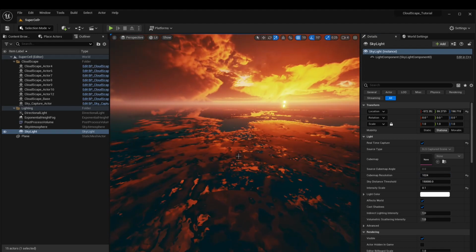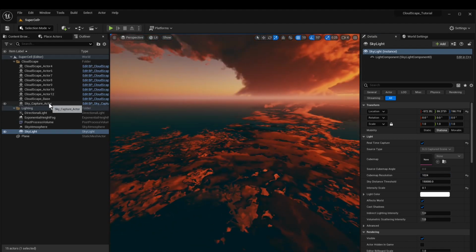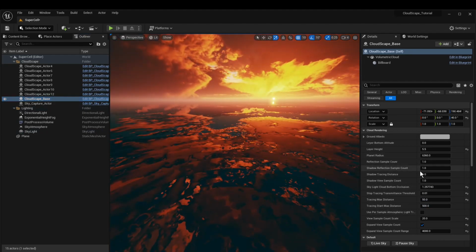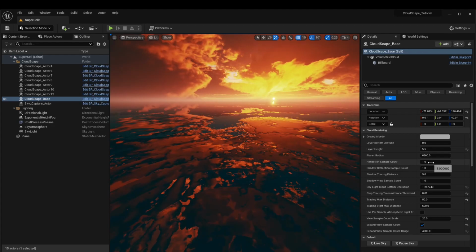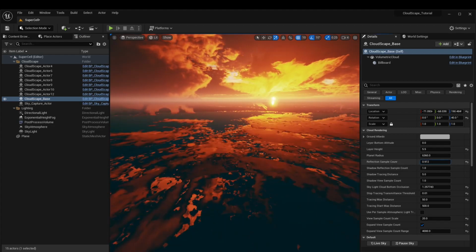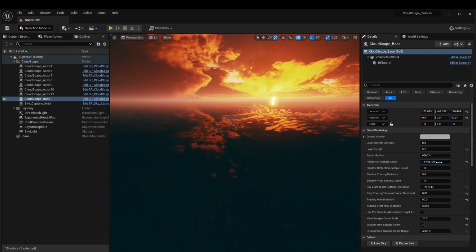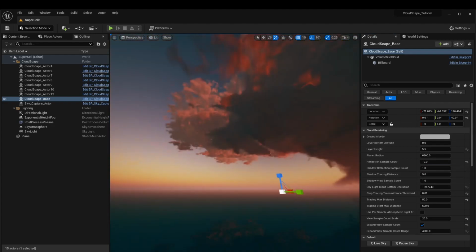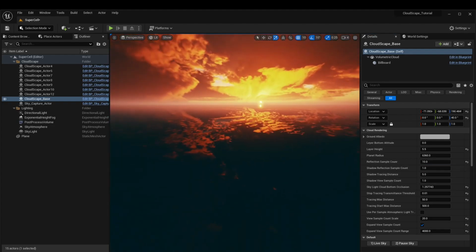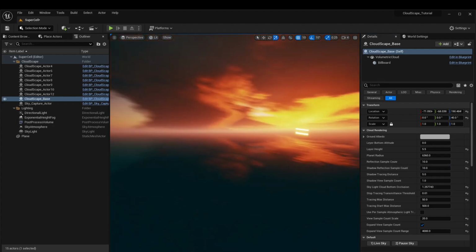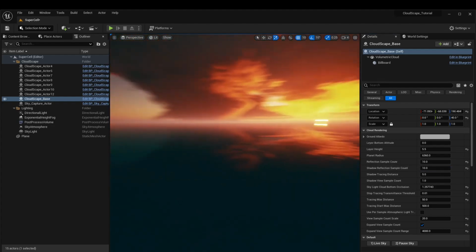So how do we improve the appearance of clouds here? Well, we need to select our CloudScape base actor, and we need to increase the reflection sample count, because right now it's 1, and we can lower it and see that this is basically what's driving the appearance here. So let's go to something like 10 or 8, but we could see that for some reason our clouds basically became black. Well, this is because we also need to increase the shadow reflection sample count. So let's just set that to 10 as well,